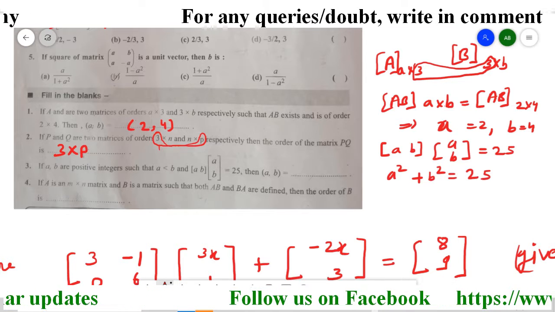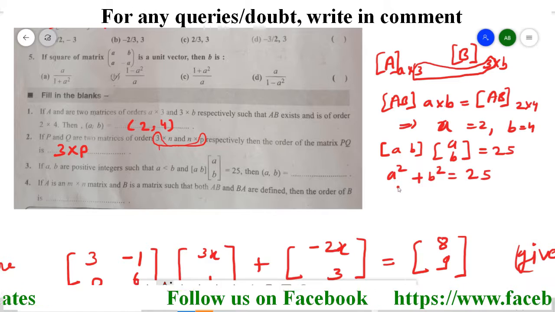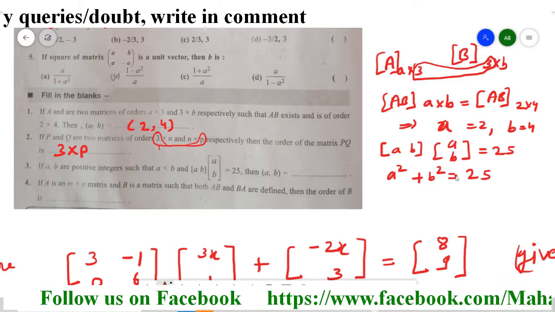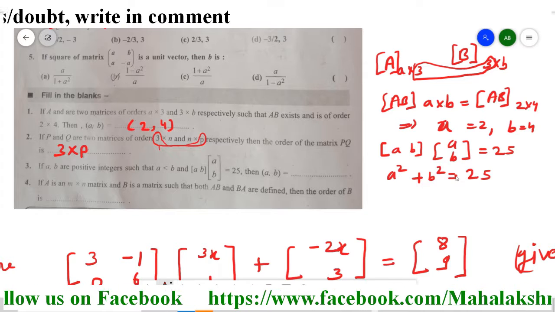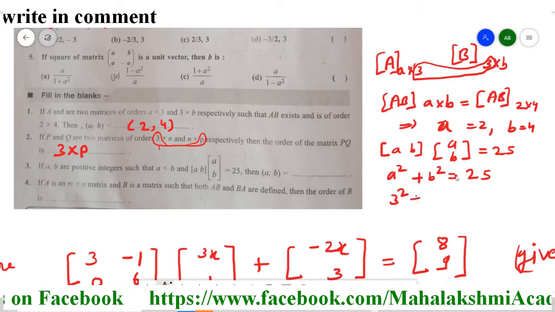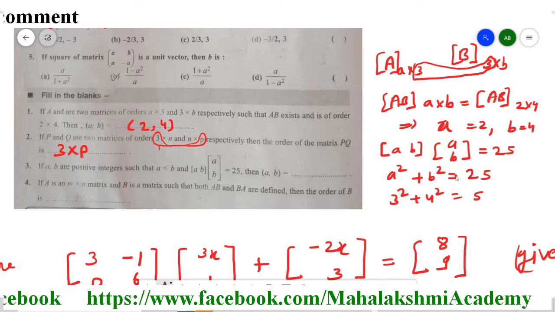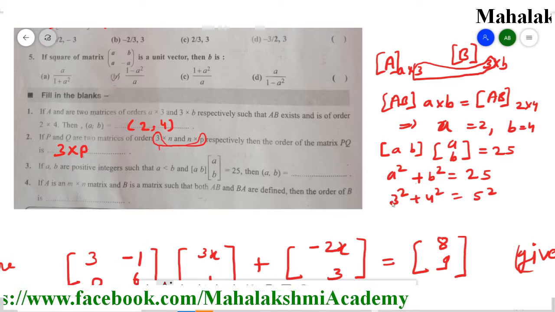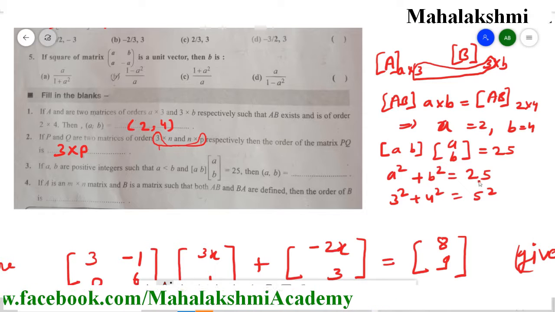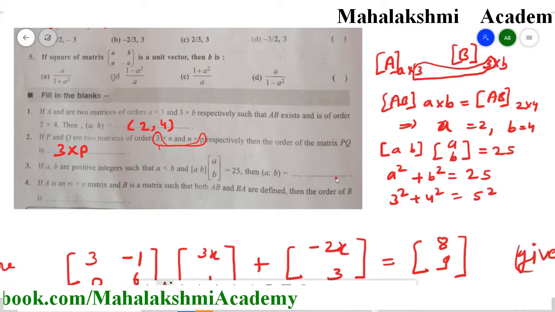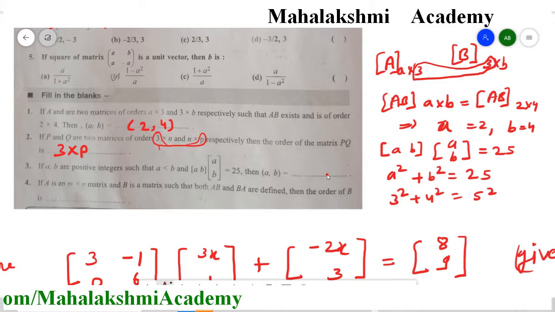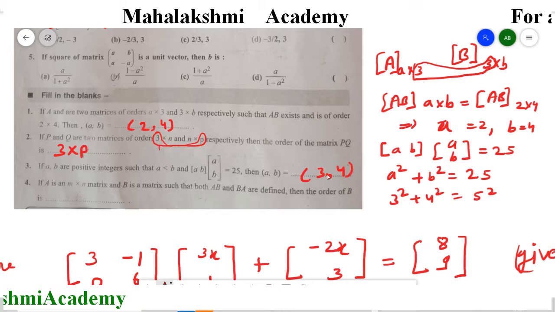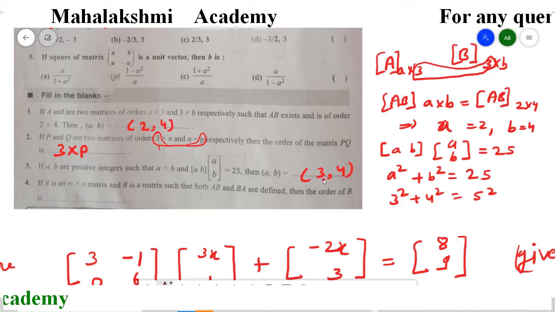Now students, a short trick is that there are Pythagorean triplets, that is 3, 4 and 5. You might have learnt in your small classes, 3 square plus 4 square is equal to 5 square. These are Pythagorean triplets. So from here a is 3, b is 4 and the sum is 25. So the direct answer is going to be 3 comma 4 because a is smaller than b. So a is 3 and b is 4.